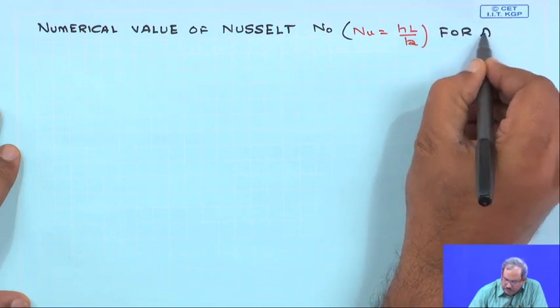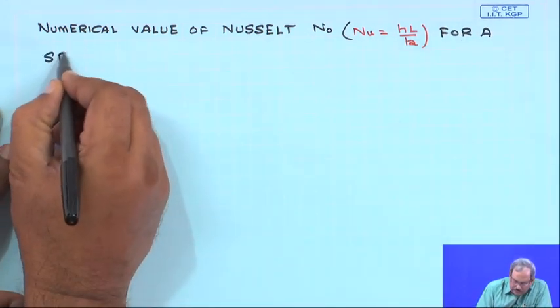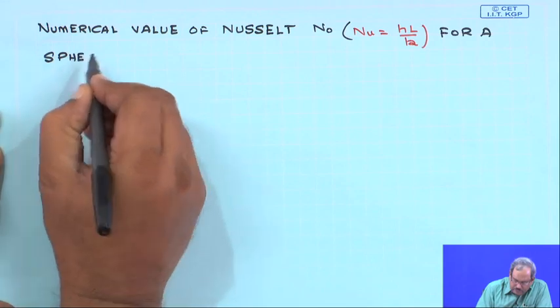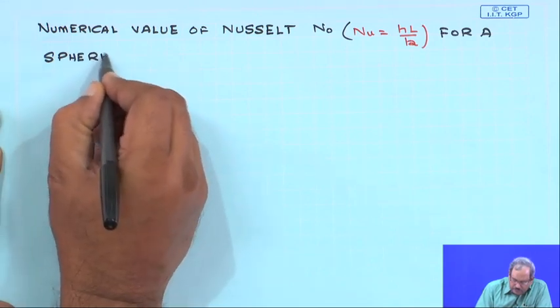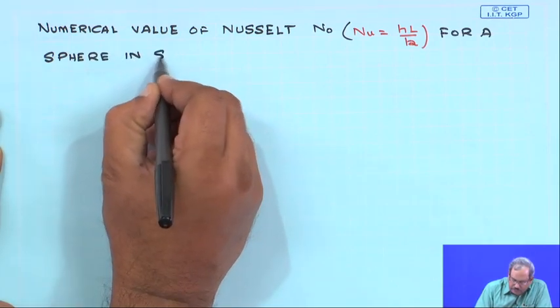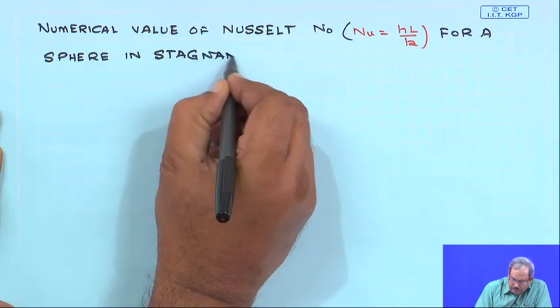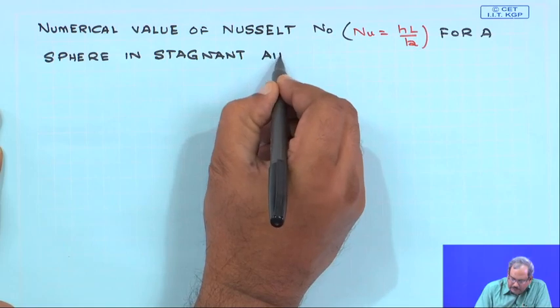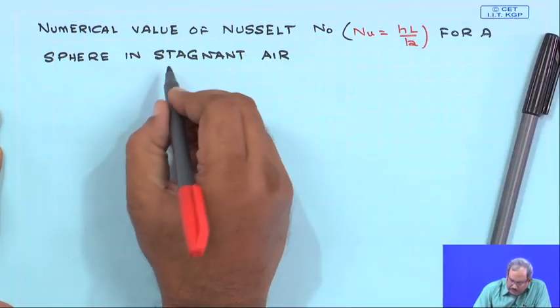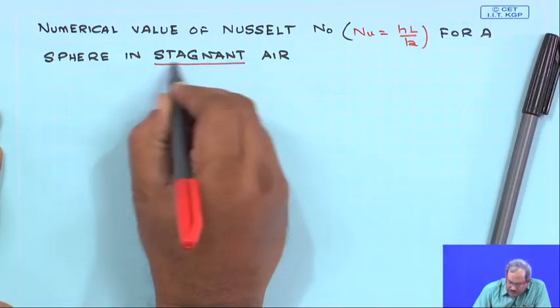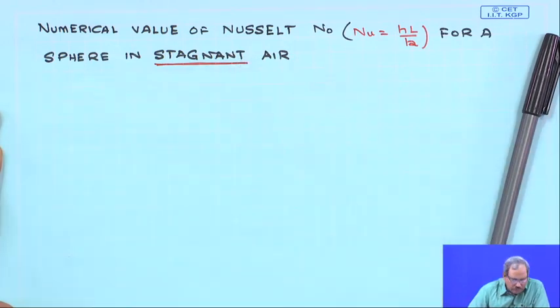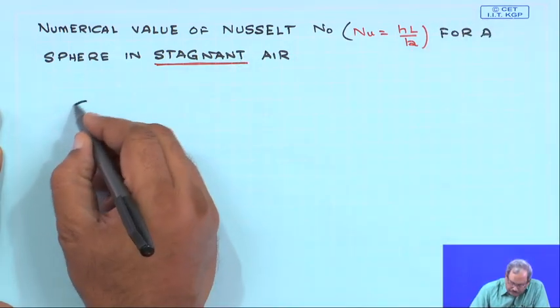for a sphere in stagnant air. Let us assume the fluid is air and the important one is stagnant. So, there is no flow in the air. So, I draw the